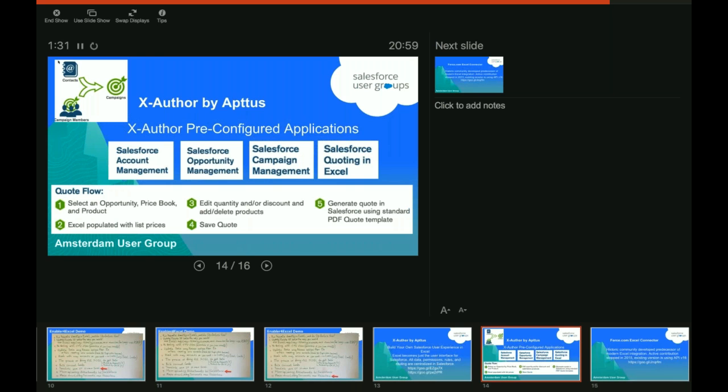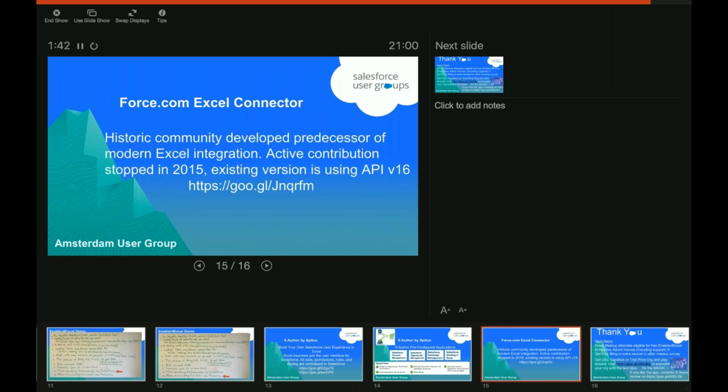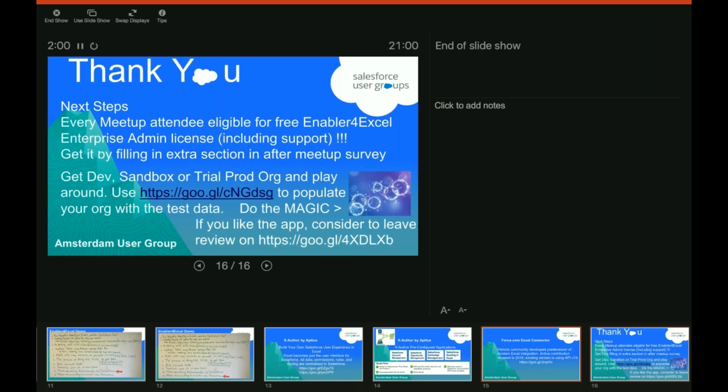It's difficult to get an idea about pricing from them because there are different packages. I think it's a good app to look at if you are interested. All these apps originated from the Force.com Excel Connector, which was developed by the community a long time ago, but they stopped supporting it in 2015, and it's using really old APIs. There is a link to look at what it does. And this is the last slide. So yeah,